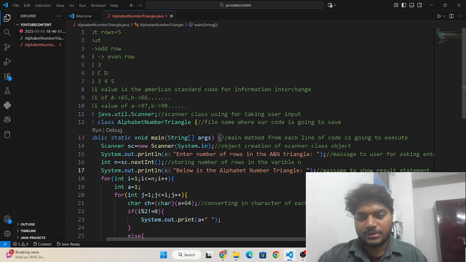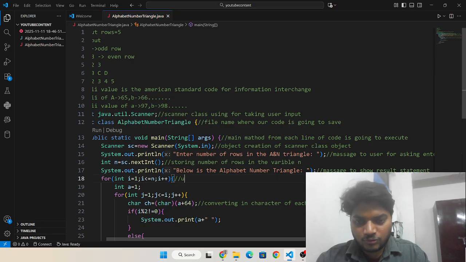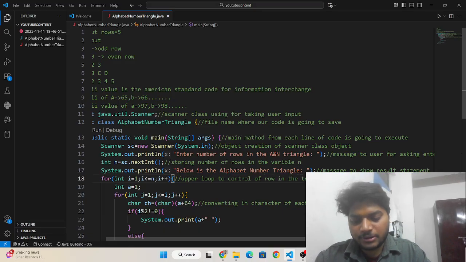Okay, and this is the outer loop to control the rows in the triangle.